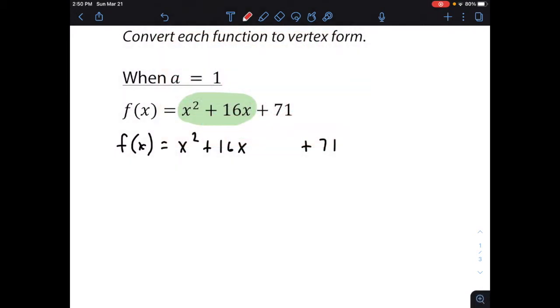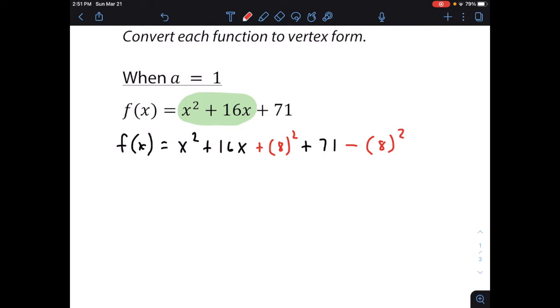And I'm going to say, all right, I'm going to add half of 16 squared to both sides. So plus 8... well, I said both sides, I shouldn't say that. I'm going to add half of 16 squared, but then I don't want to change the value of the equation. So if I add something, I have to subtract it as well. All right, so then I'm going to subtract